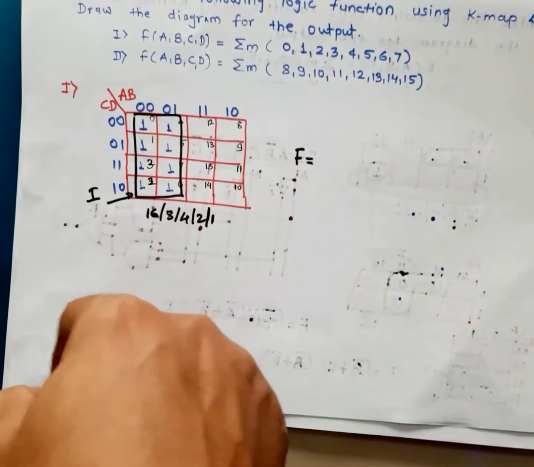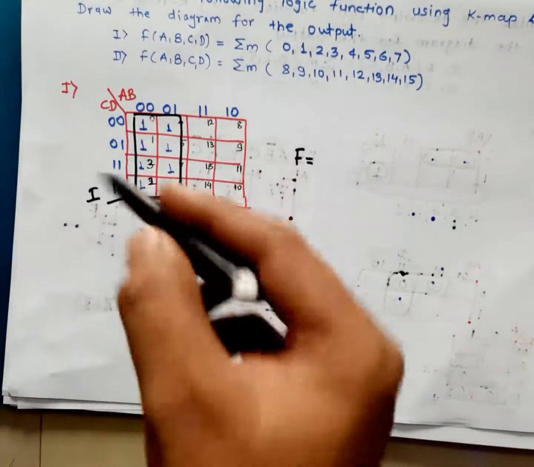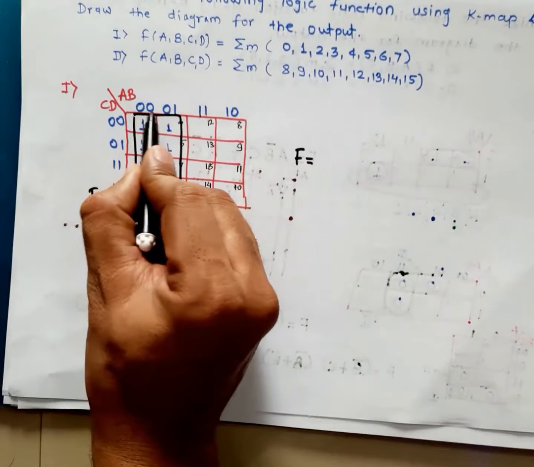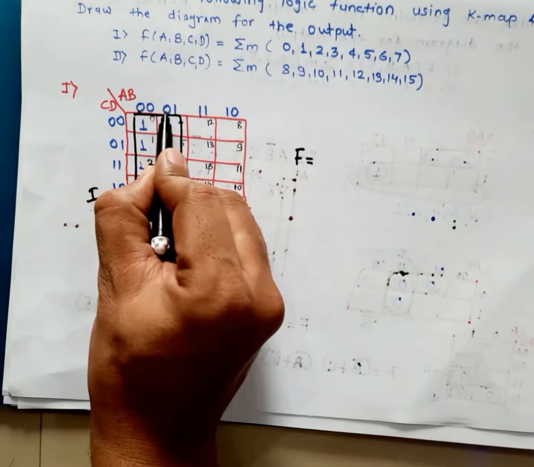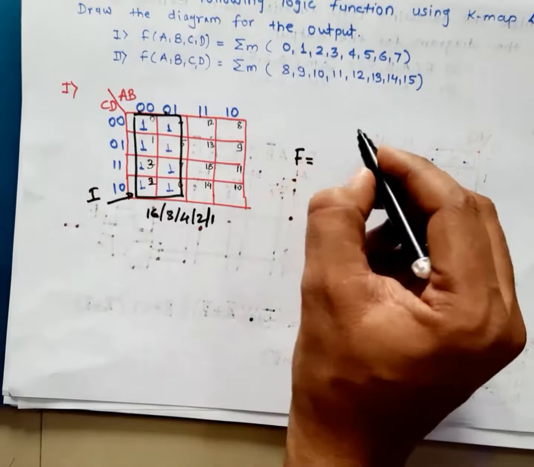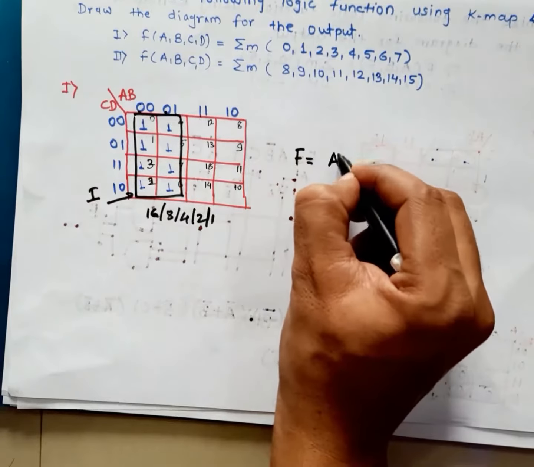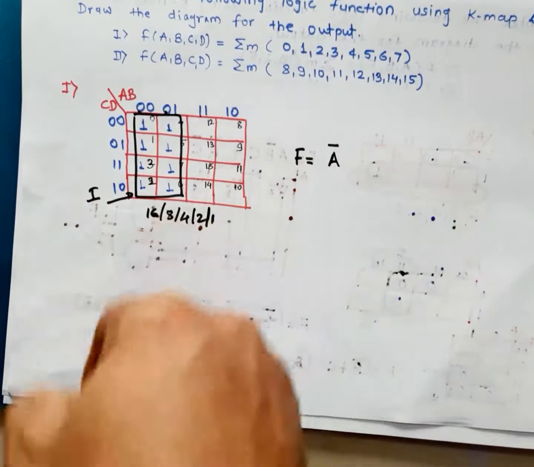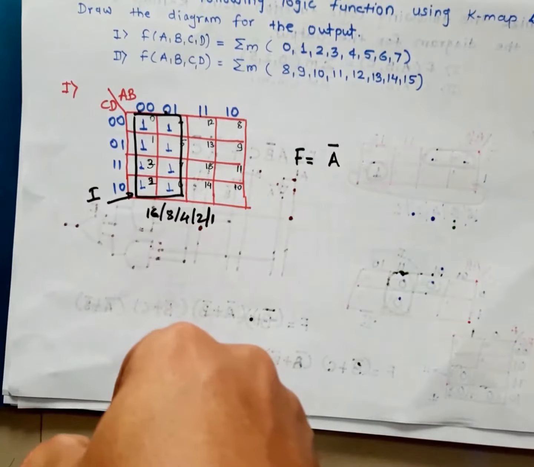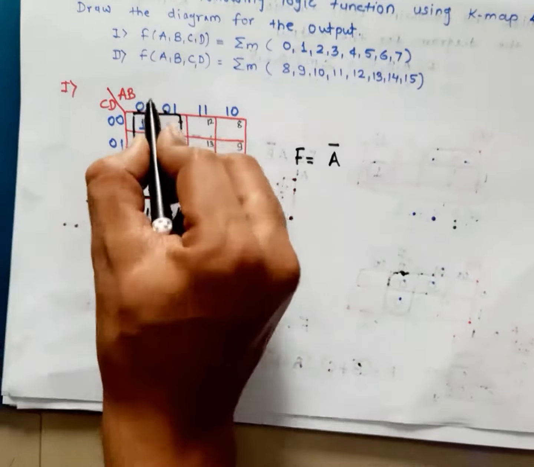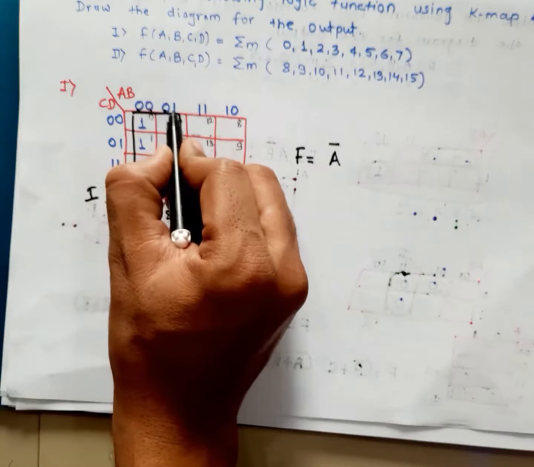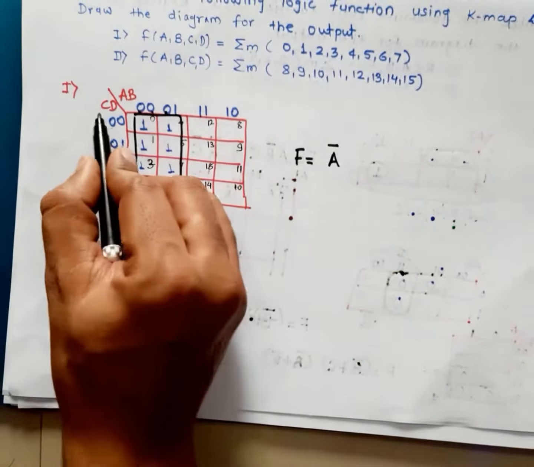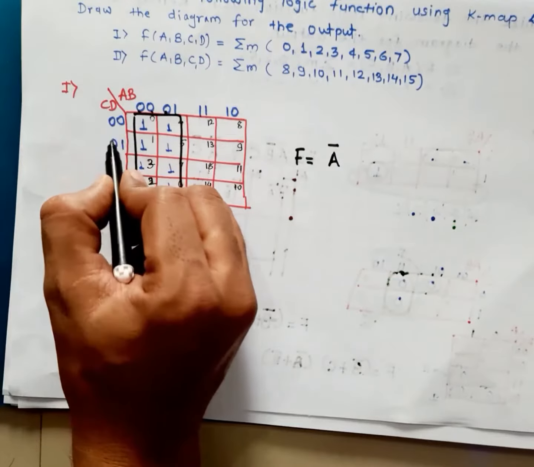Now check here what is the value then. The value for A, in both columns, is 0 0. So I am writing here A, but it is a SOP form, so in SOP we write a negation for 0 value. Now for B, 0 1, so 0 1 gets eliminated. Now the value for C and D variable.